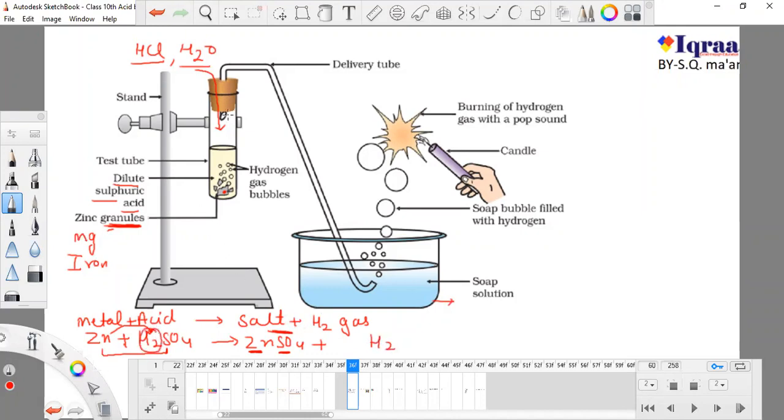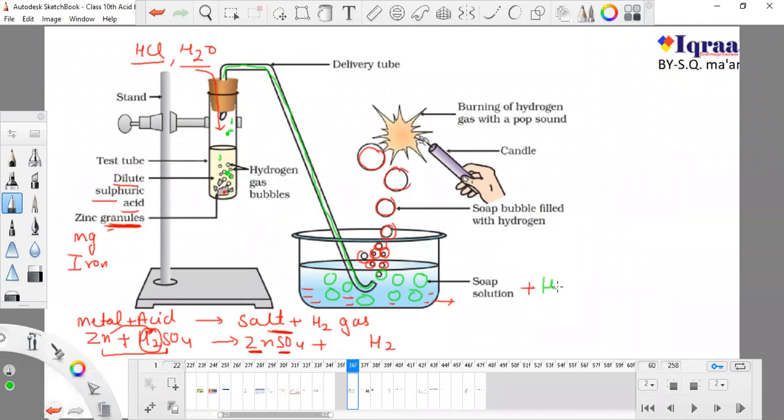Now here this hydrogen gas is formed. Bubbles of hydrogen gas are formed, and this hydrogen gas follows this path, and by this path hydrogen gas will enter into the soap solution. The green bubbles are of hydrogen gas, and the part I'm indicating with red is the soap solution. So the bubbles will come out. The bubbles are made up of soap, because hydrogen gas gets mixed with the soap solution.